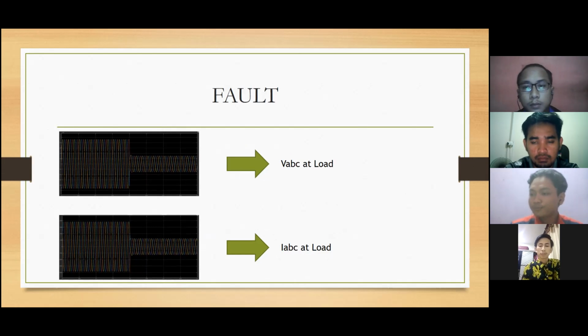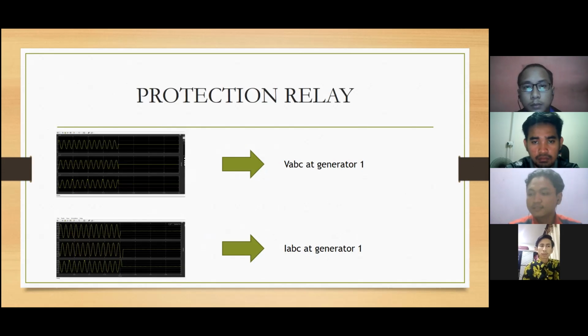And after we put in the protection relay, the voltage and the current at generator 1 will be cut off, because the protection relay acts as a sensor to detect the fault. Then after it knows its location, finally it gives the circuit breaker a tripping command. Moreover, when the switching time for the fault was set as 0.2 seconds, the relay sends the signal to the circuit breaker if there is an interruption in the circuit. The circuit breaker detaches the defective component from the protective relay, and the circuit breaker switch is open.